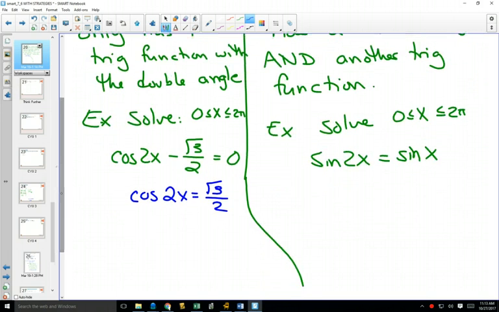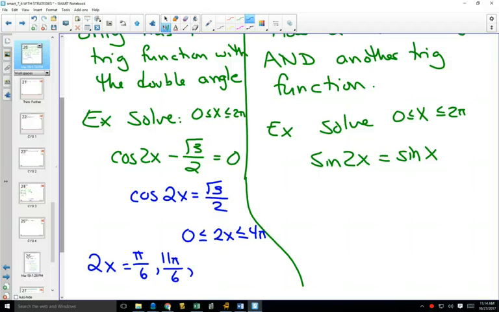What's the first thing we would do? We would first look at our domain. If x is between 0 and 2 pi, then 2x would be double that, between 0 and 4 pi. You would solve for 2x. When is cos equal to root 3 over 2? Pi over 6 in quadrant 1 and 11 pi over 6 in quadrant 4. And that would be 1 time around the circle. But 2x is 2 times around the circle. So in the second time around,